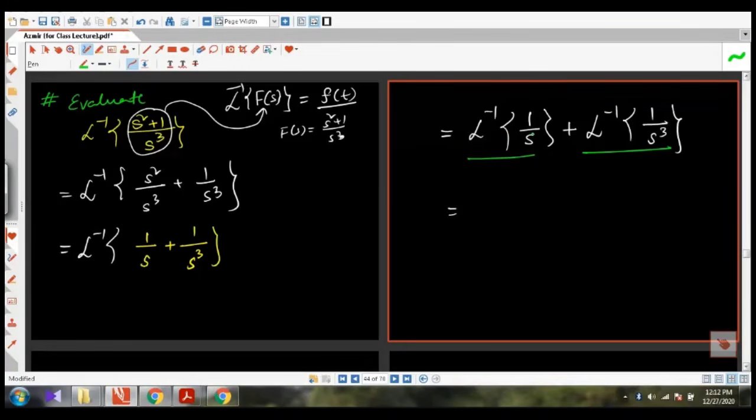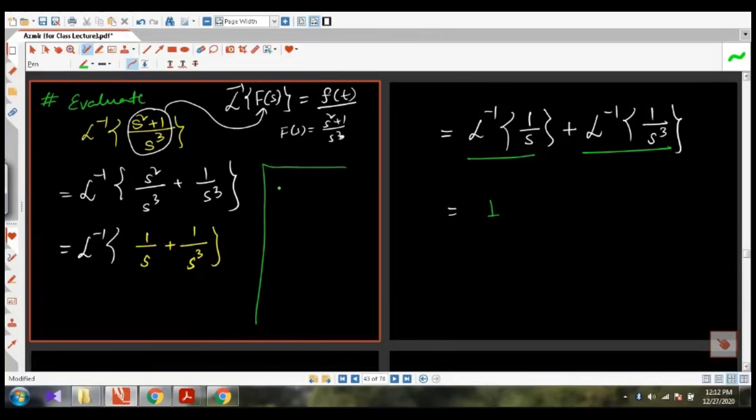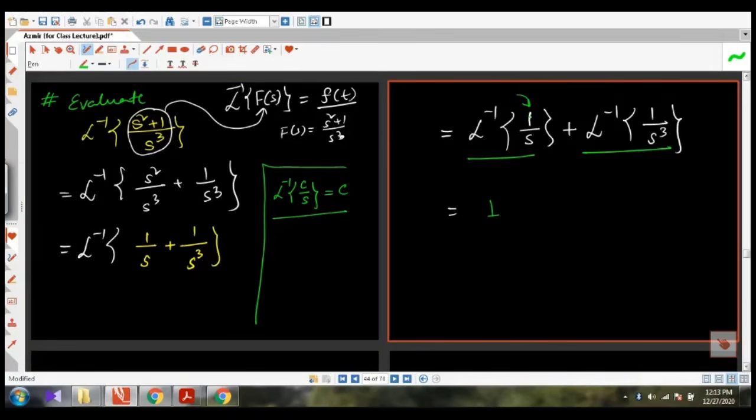The inverse Laplace of 1 over s will be, what will be the result? It will be 1. So the formulas can be written here for our betterment. The inverse Laplace transformation of constant by s is constant. So using this formula, we can write the inverse Laplace transform of 1 by s is 1. So the first part is done. Plus,